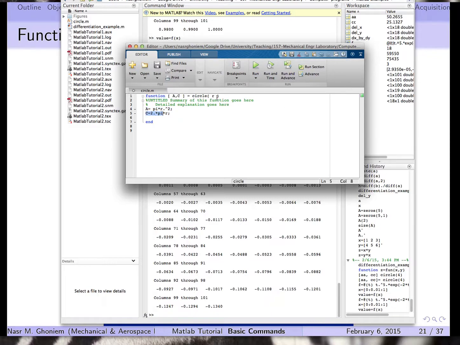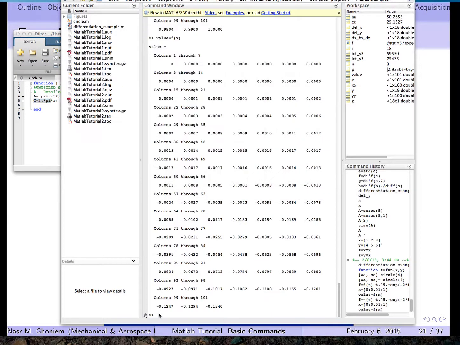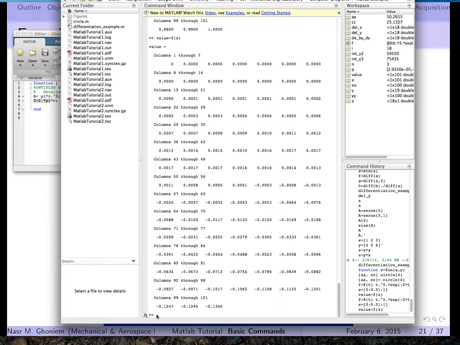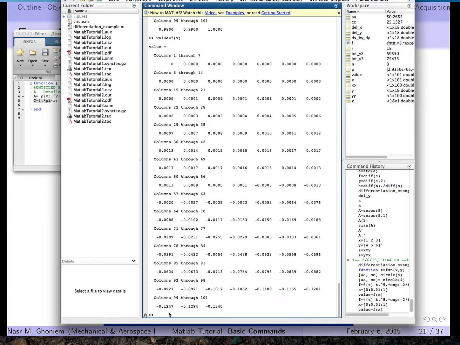So the input is 1, and then the output is 2, A and C. And I saved it in the same directory. So now it knows it is in the same directory. So let's see if we go to try to use it. And when we try to use it, I can reach it by maybe going to, you see the statement here,